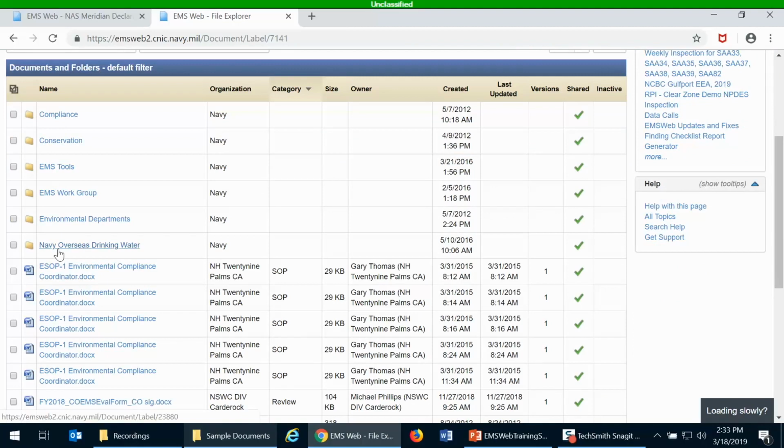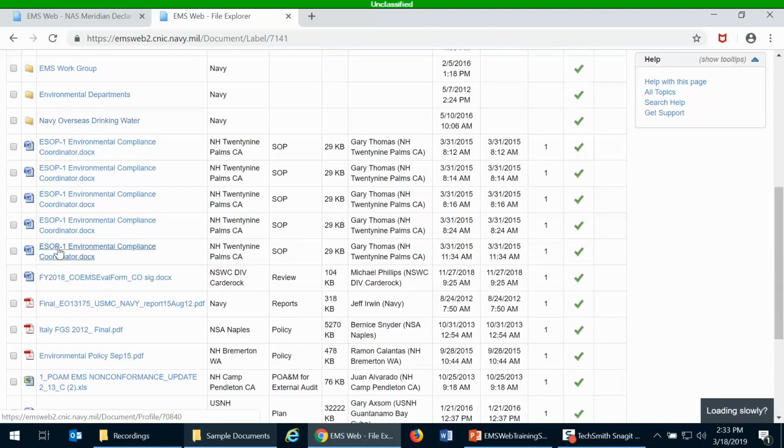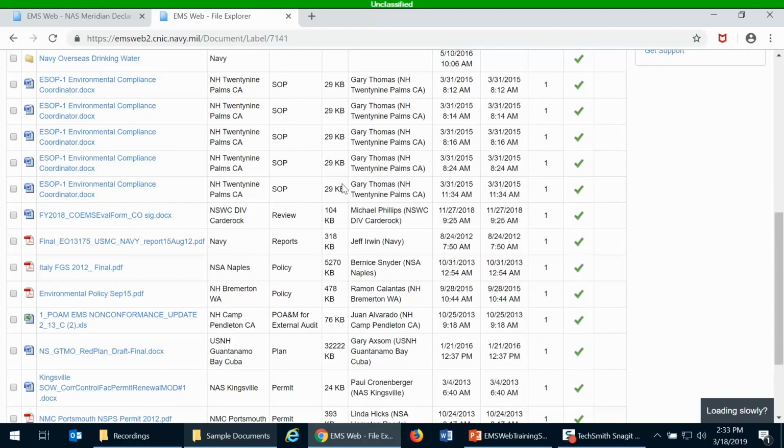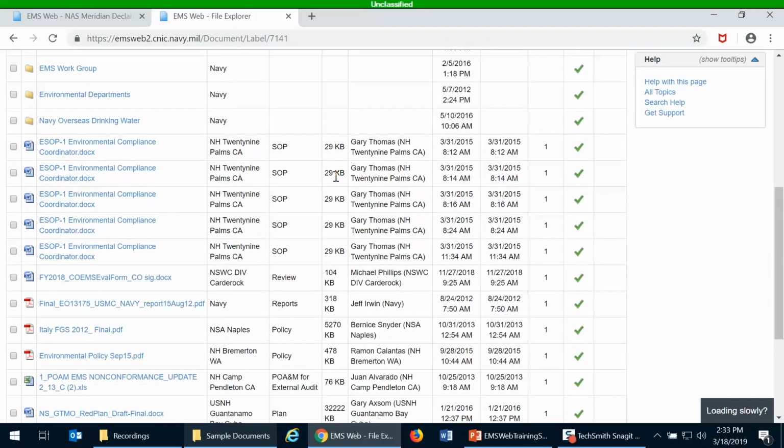So these are all pre-made. And then any document that you upload here can be downloaded by any other user, no matter where they are in the Navy. If you want to edit a document, only the organization that uploaded it can edit and delete